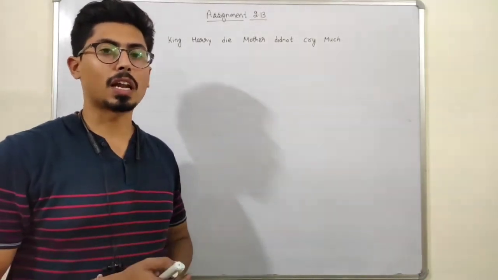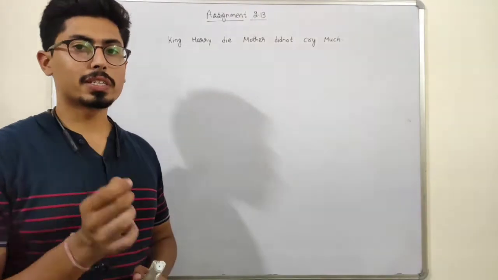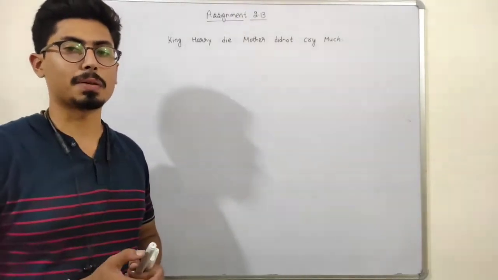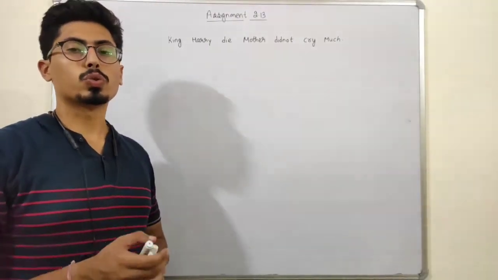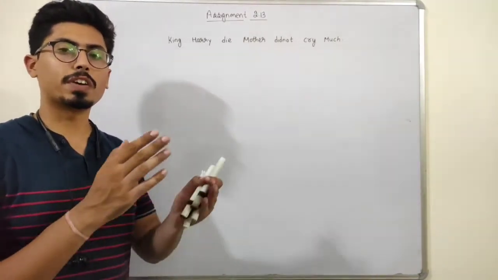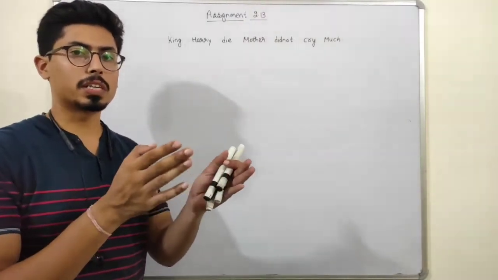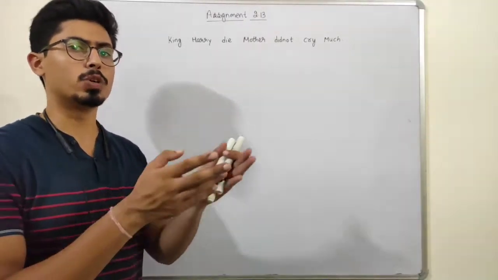Students, in our previous class, we have completed assignment 2.12. Now in this class, I am going to start the next assignment, that is 2.13. In this assignment, we are going to discuss conversions: how can we convert from meter to kilometer, meter to centimeter, centimeter to decameter, and decameter to decimeter, and